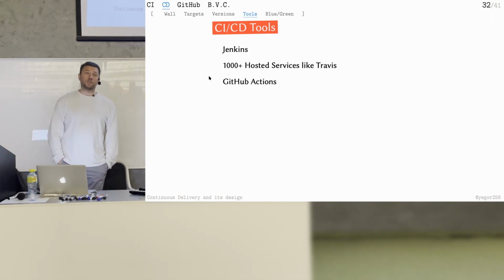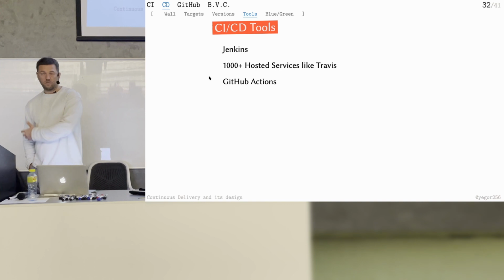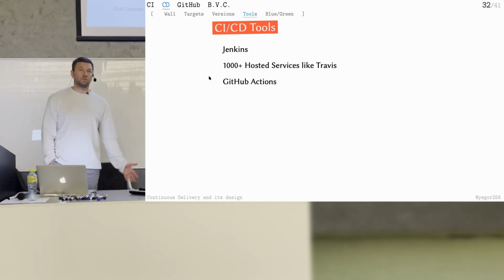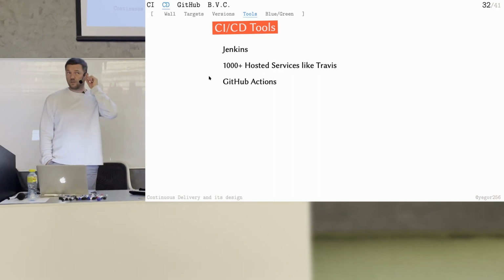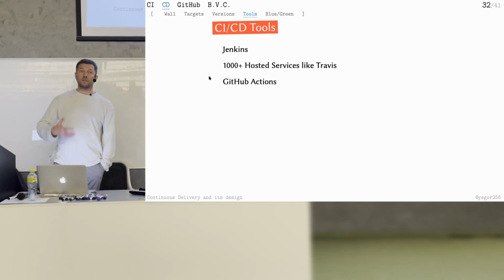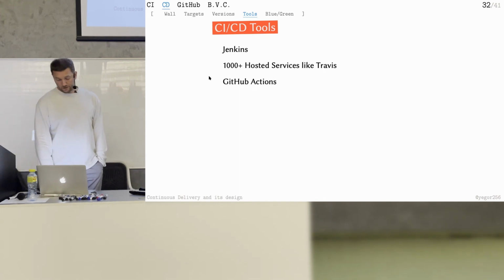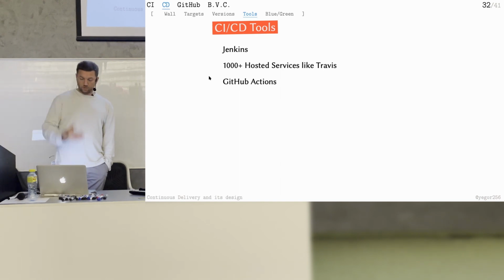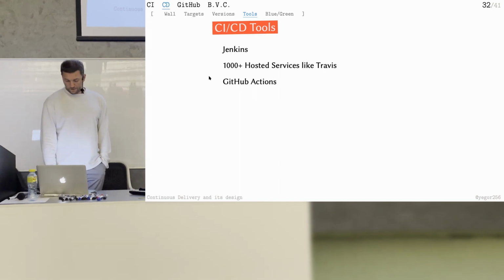Another option is GitHub Actions, which is now ruining the market, killing everybody else. So all the continuous integration tools will be dead, I think, in a few years, like Travis, because GitHub Actions is completely monopolizing the market. GitHub Actions, very good. They're very nice. They're based on Docker. So you configure your build pipeline using Docker. It's very, very convenient. Multiple Docker images you can use in one pipeline.